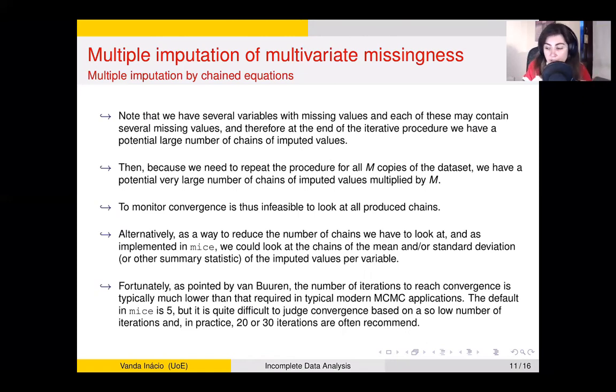So basically what I want to look at, and for those doing Bayesian statistics you are already familiar with this concept, is a plot of the iteration number against the imputed value, and my chain can look something like this. But remember that if I have, say, 2 variables, y1 and y2, and say 5 missing values in y1 and 4 missing values in y2,